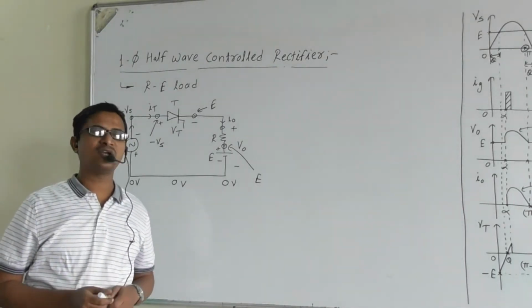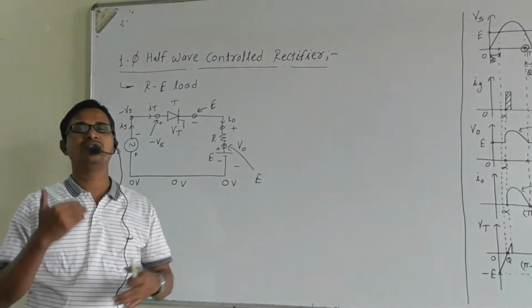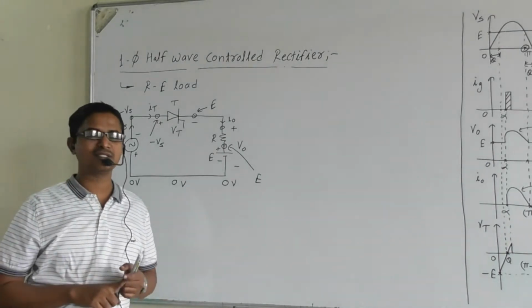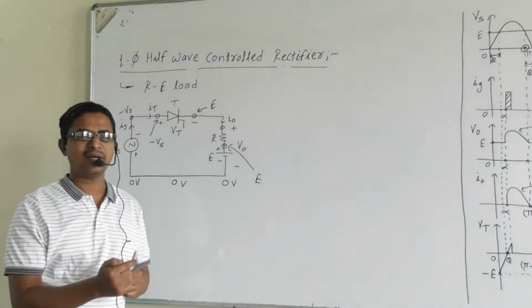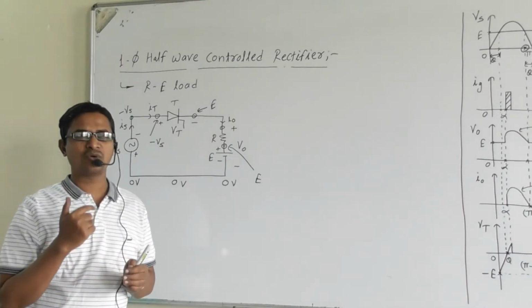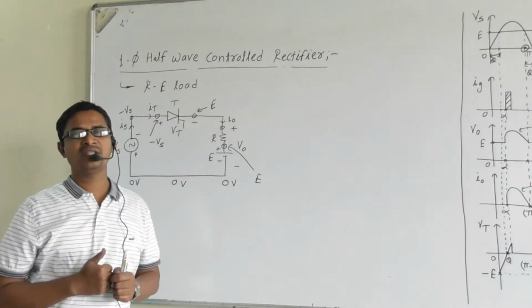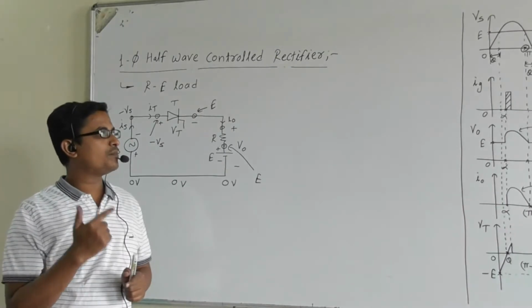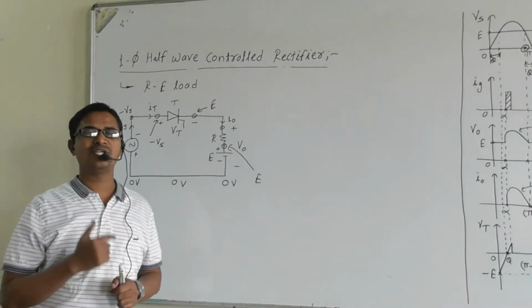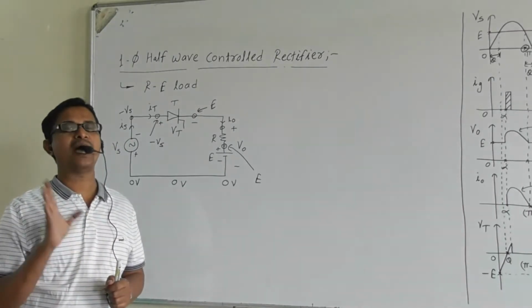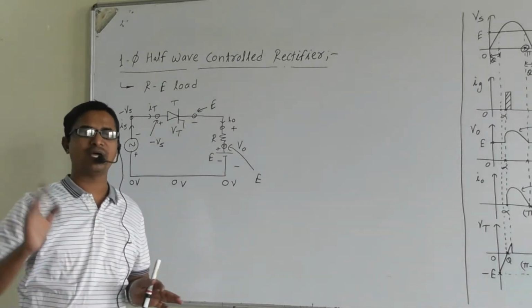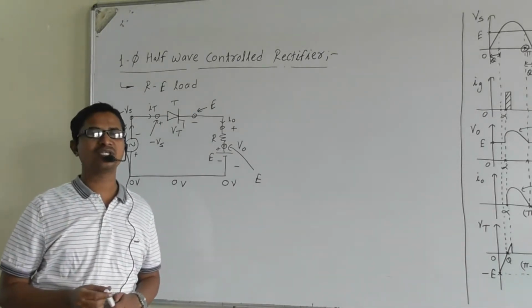Important to note that here we are having four intervals. One is 0 to theta, the second one is theta to alpha, the third one is alpha to pi minus theta, and the fourth one is pi minus theta to pi, and after that pi to 2 pi. So we are going to discuss them one by one.